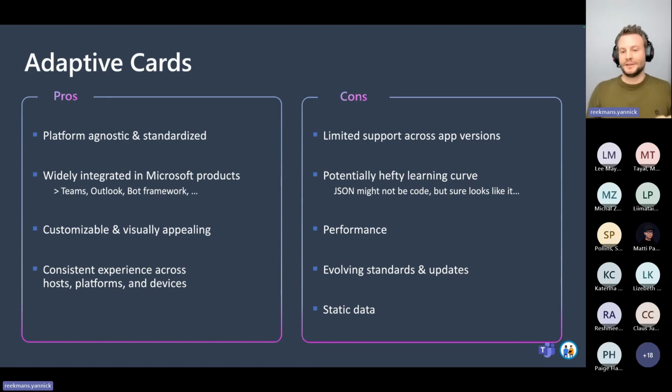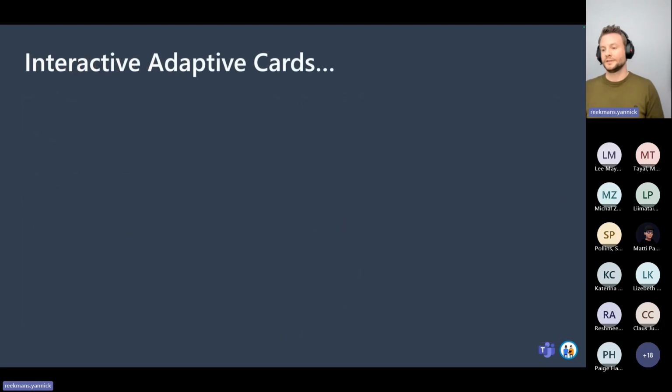And standard adaptive cards only work with static data. Of course, you can use the dynamic data in Power Automate flow to inject your data inside the JSON, but as soon as it's posted in Teams, it will stay that data. It will not update, it will not fetch that information from somewhere else. So that's less interesting. Now, of course, there's this evolution of adaptive cards, which I like to call interactive adaptive